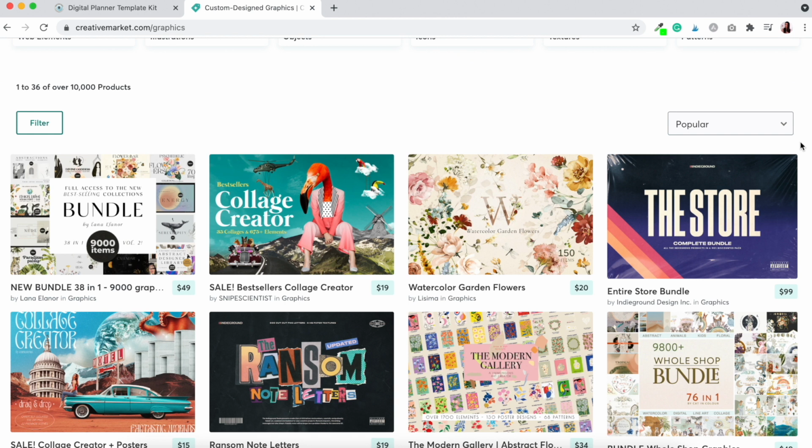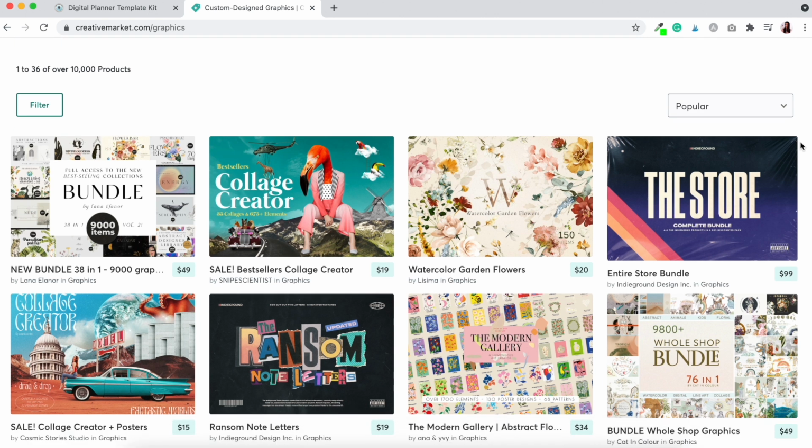What you want to start thinking about is the digital planners that you want to create. Are you going to have a certain theme? Are you going to create perhaps boho style digital planners? Are you going to create whimsical planners? Are you going to create elegant and professional style planners? So just have a think about the type of planner that you want to create. And then go ahead and start searching for graphics and elements, patterns and illustrations that you can use